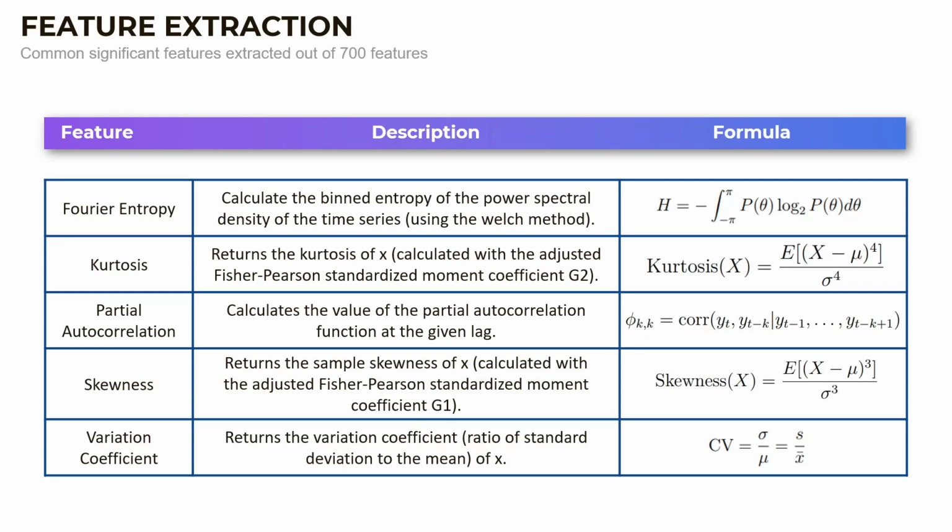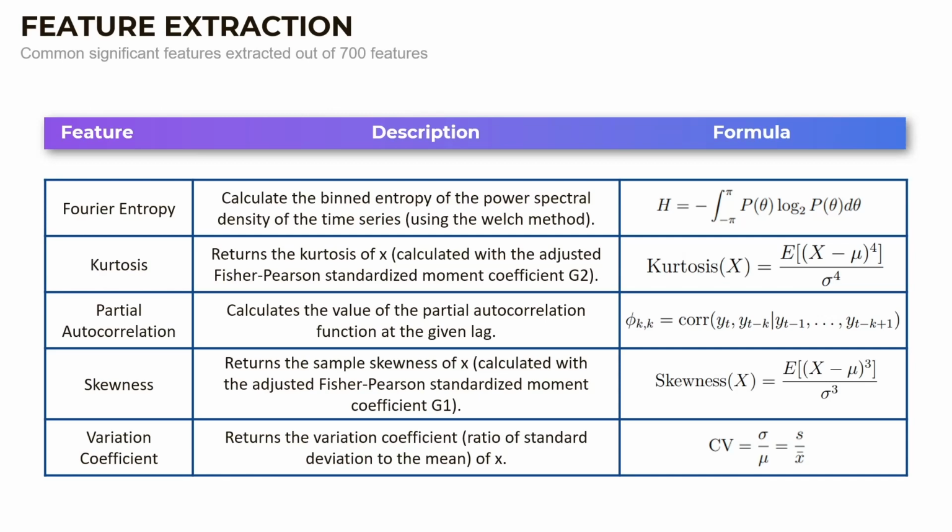Leveraging manual and automatic feature extraction algorithms, we are able to extract more than 700 different relevant features from each time series after filtering, which allows us to apply different clustering algorithms. The more prominent features are listed in this table below, such as Fourier entropy, kurtosis, partial autocorrelation, skewness, as